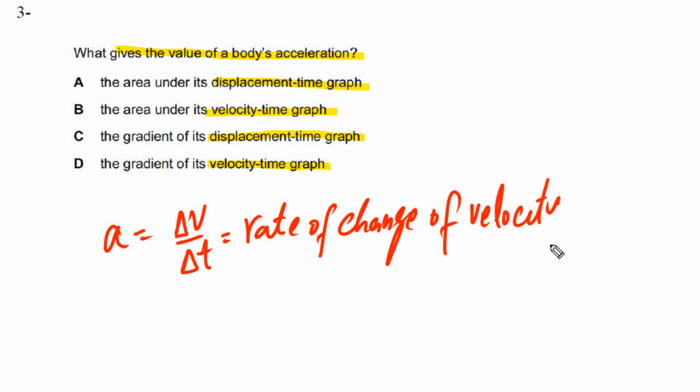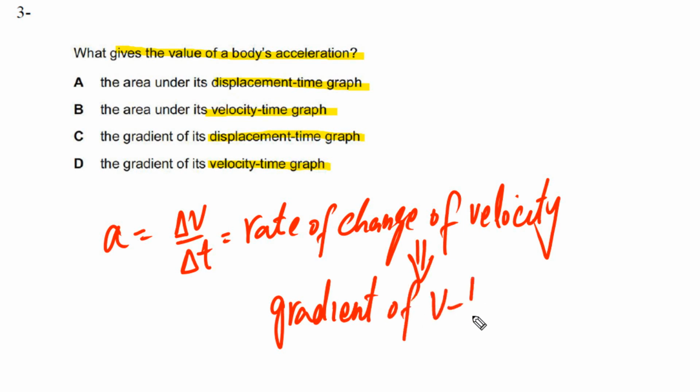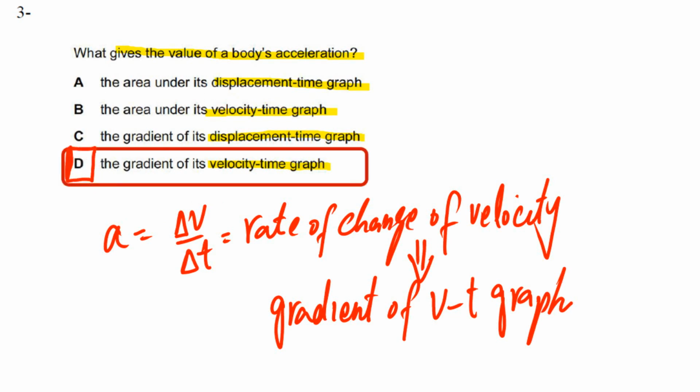As this is the rate of change of velocity, we can find acceleration from the gradient of the v-t graph, meaning from the gradient of the velocity time graph. This is simply what you need to understand. So in this case our answer is